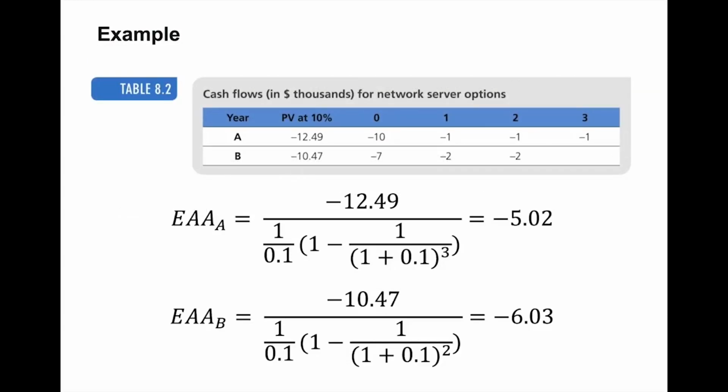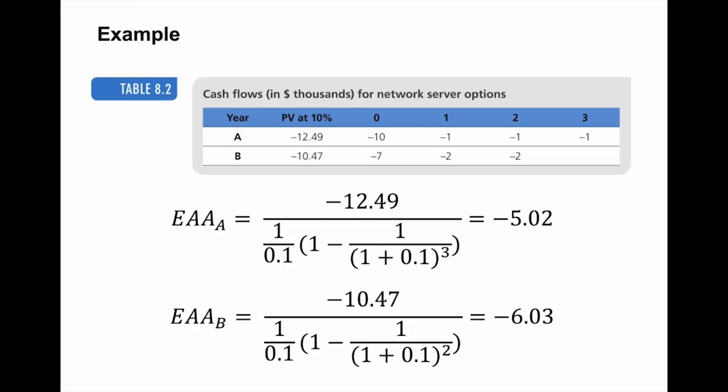So having a look at a very simple example, we have two projects, A and B. They already have a present value calculated. So we have to calculate the present value of these projects first. So project A, we can see, has a present value of negative 12.49. And project B has a present value of negative 10.47. So you'll notice that all the cash flows here are negative. So in this example, this example's in your textbook, we're looking at costs. So this is the present value of a cost of providing network server